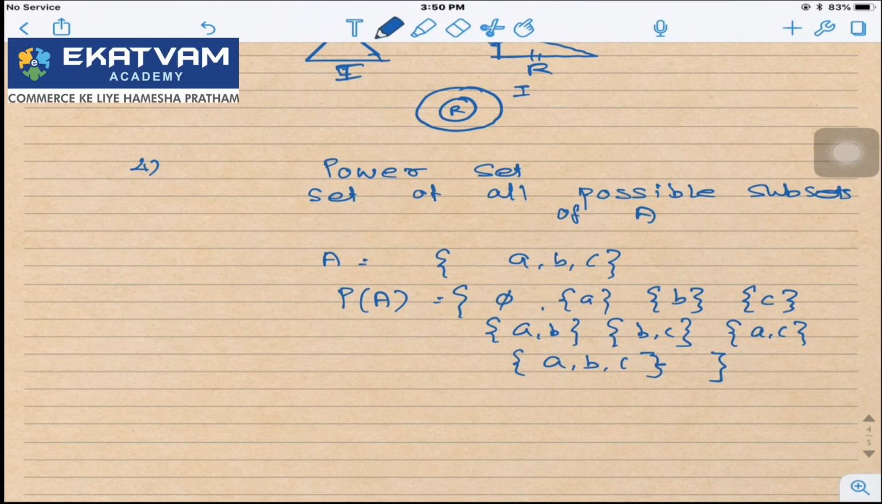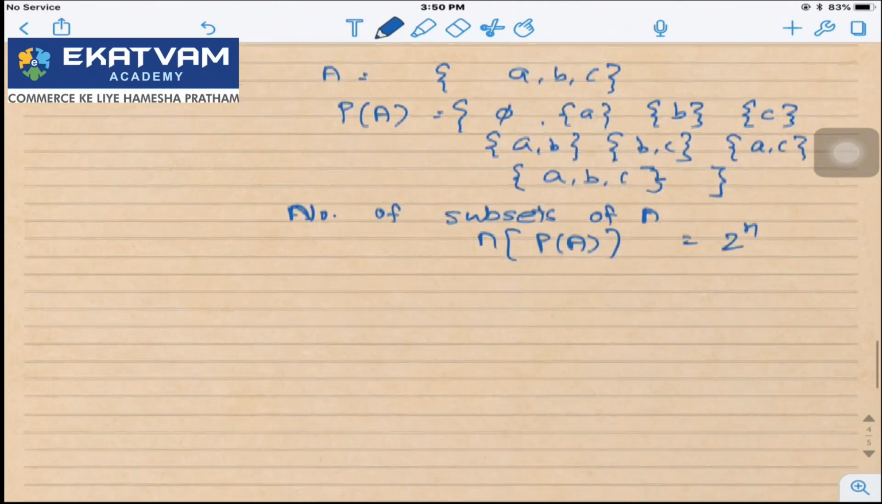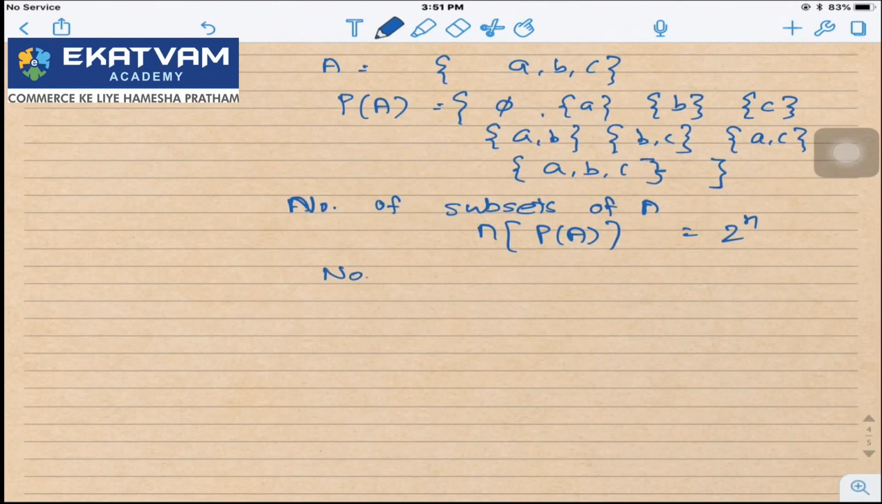But mind well, therefore, what is the number of subsets of A? The number of subsets of A is the cardinality of power set of A, and that is equal to 2 raised to n. But what is the number of proper subsets of A? That number of proper subsets of A is equal to 2 raised to n minus 1, because A is an improper